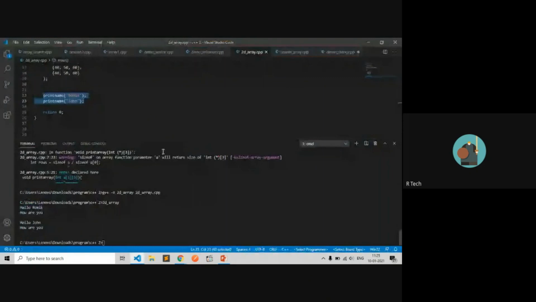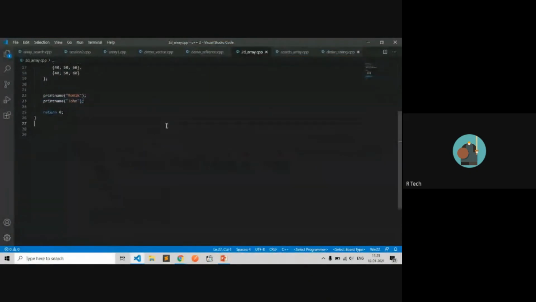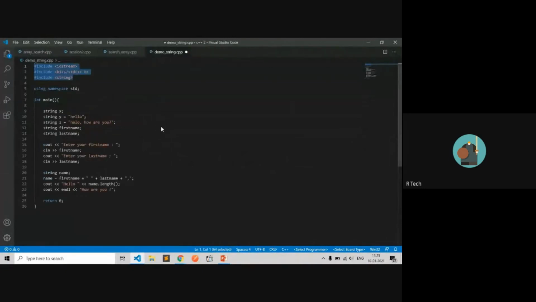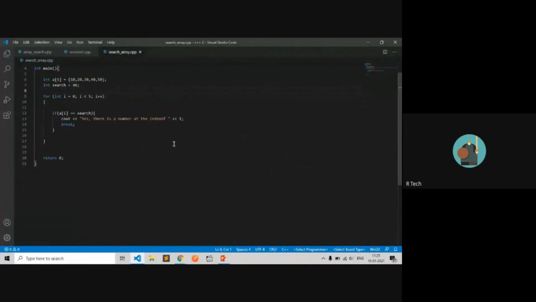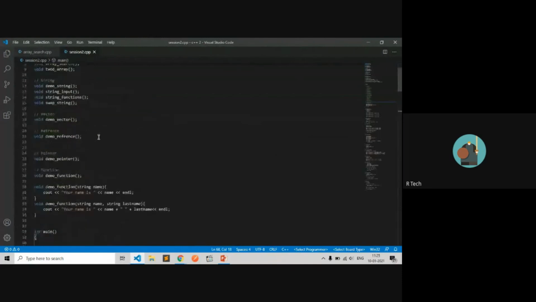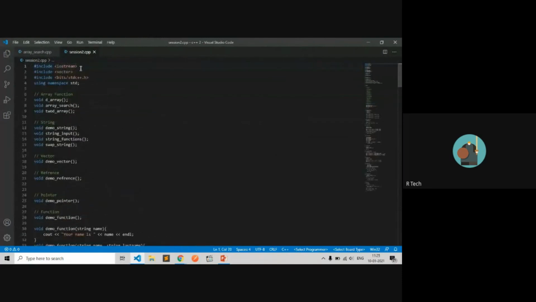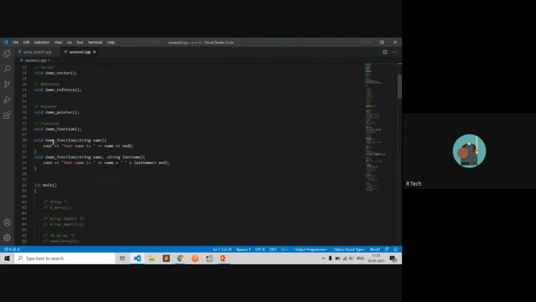On that basis, I have created a little example. You can take function overloading. Let me introduce you. I have created a session-2.cpp file where you can check the whole concept of functions, separate functions.